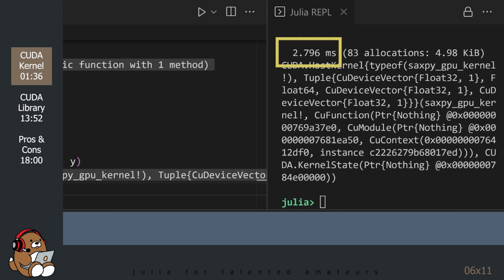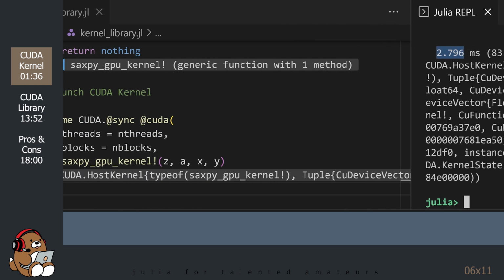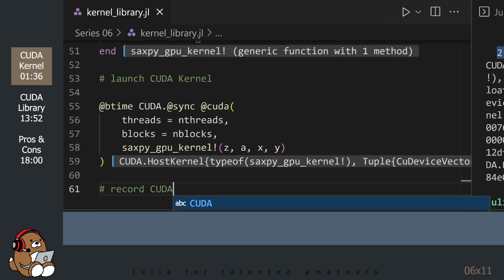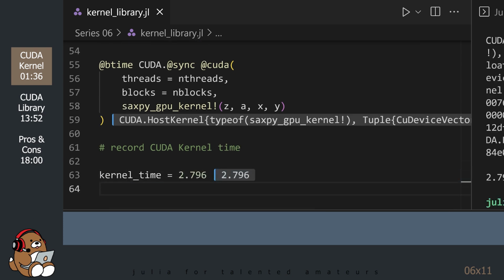So on my GPU, it took 2.796 milliseconds. Let's record this time. The time will be different for your GPU.